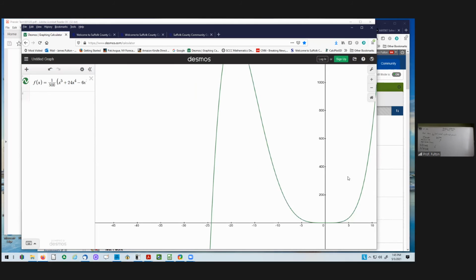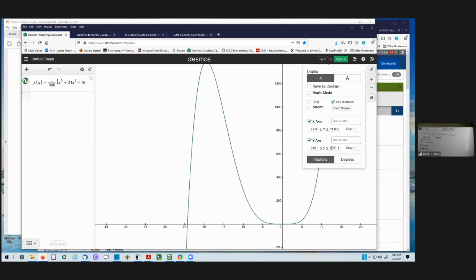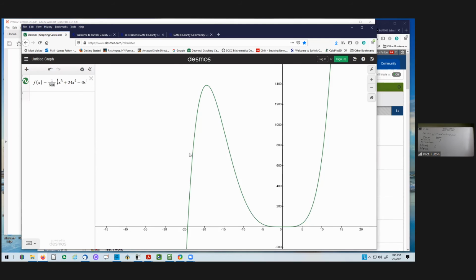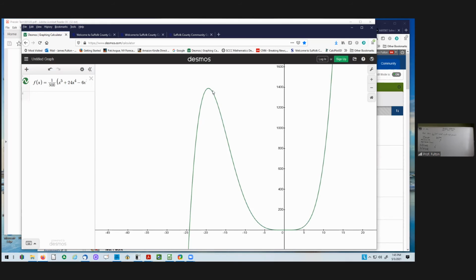Looks like it's even going to have to go further up than that. Just a little bit further. You can see where it can go really crazy on you, and that's why you need technology to do this. So it looks like 1,500 or 1,600 would probably be good enough. So there it is. It only has case 1 and 2 turning points,